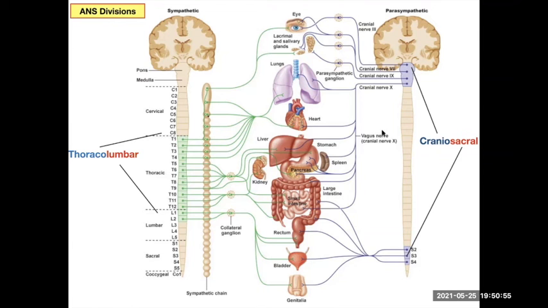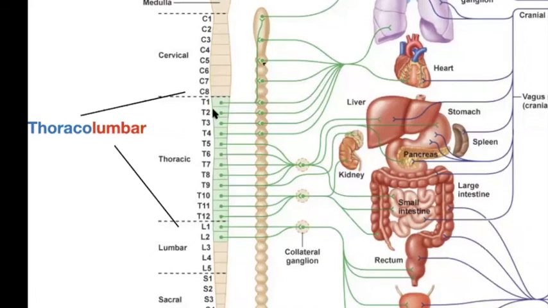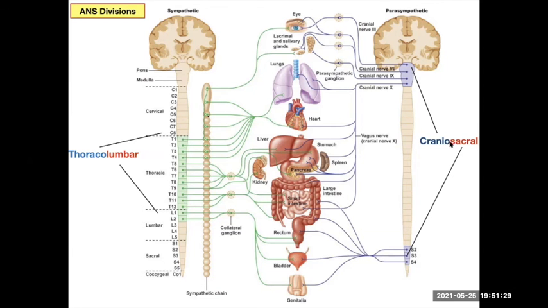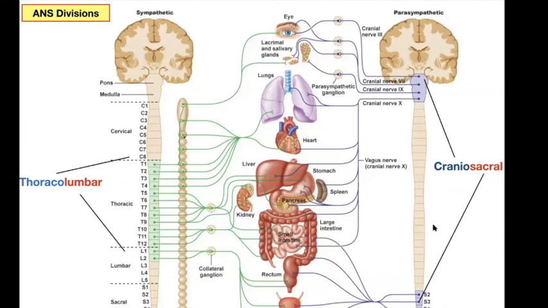On the other hand, in between here with no parasympathetic ones are all your sympathetic, the other division. And they're all from T1, thoracic segment 1, down to lumbar segment 2. So these are called your thoracolumbar division. That is your sympathetic. That is, all the preganglionic fibers are sitting within from T1 to L2. And they'll send their preganglionic fibers out to talk to their respective postganglionic fibers. So craniosacral, thoracolumbar divisions, these are the two. So we'll talk a little bit about the craniosacral first, a little bit